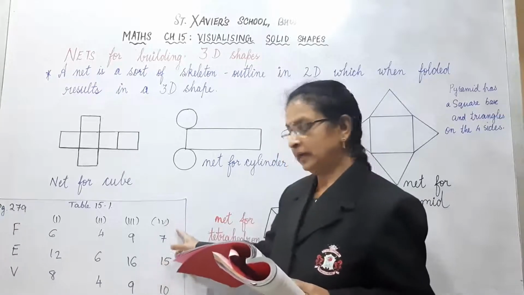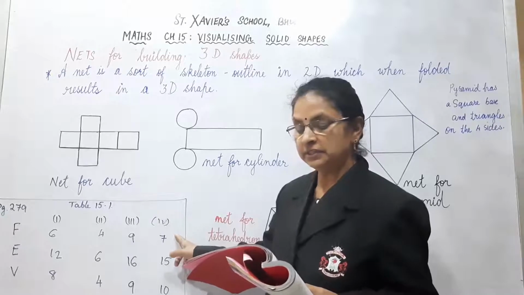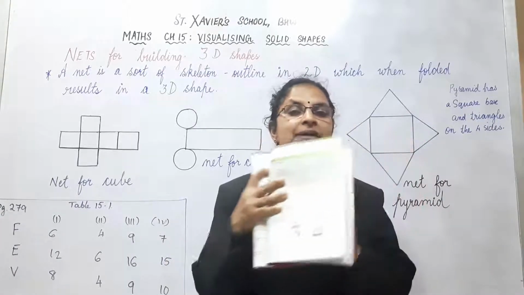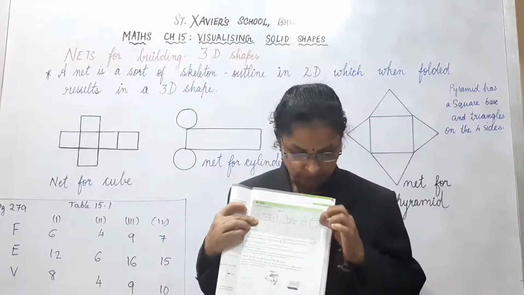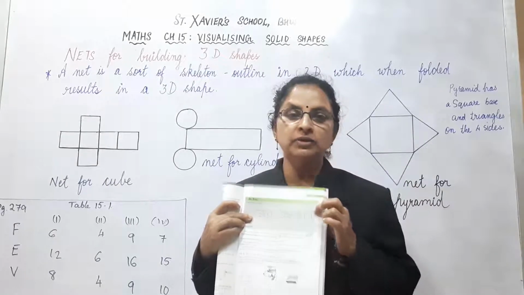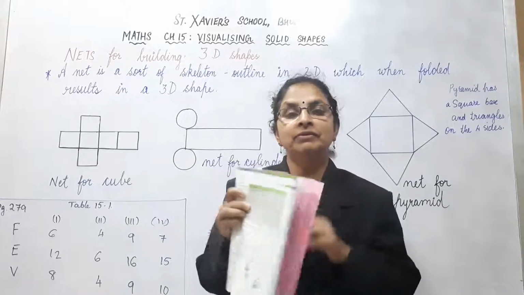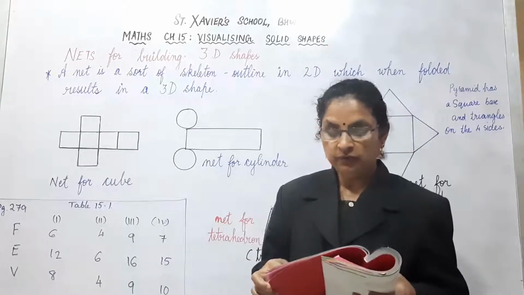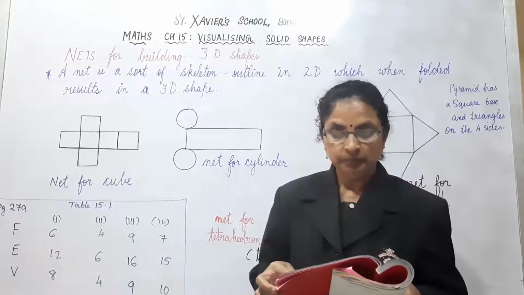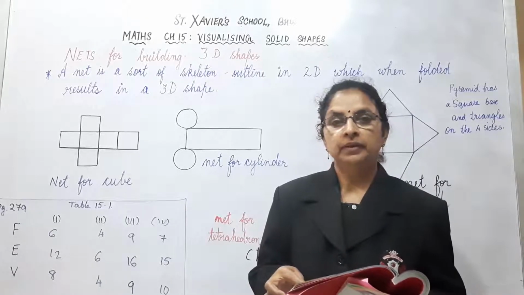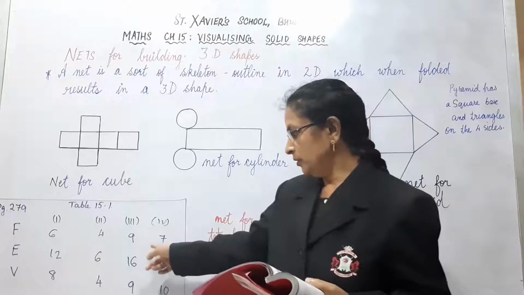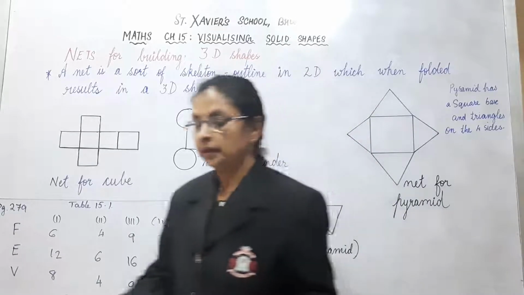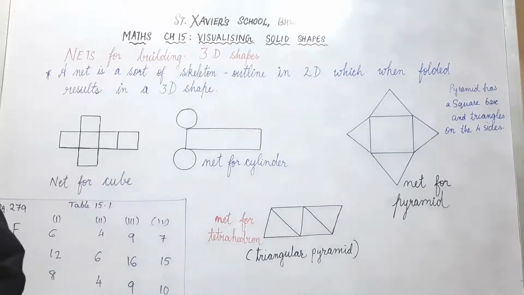And the last one has 7 faces. See, there is a corner. A cube has 6 faces, but there is a small cut here. A small triangular face also is given. So that is 7 faces. It has 7 faces, 15 edges and 10 vertices. Clear? Copy these numbers in the textbook itself. That is enough. Now let us learn about net.